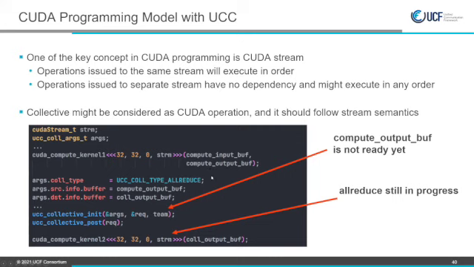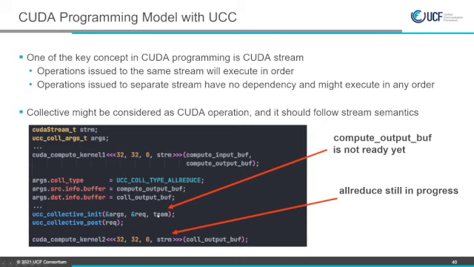And the second race is here. When we start the second compute kernel, maybe the collective operation is still in progress, because kernel 2 starts once kernel 1 is completed. It doesn't know anything about the collective operation. So we call these the input dependency and the output dependency.